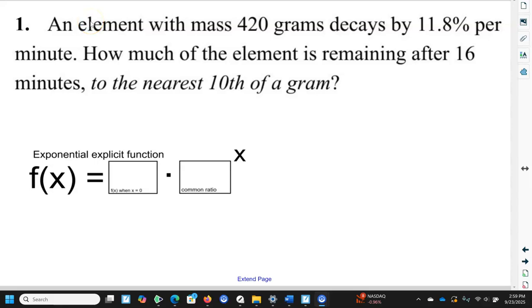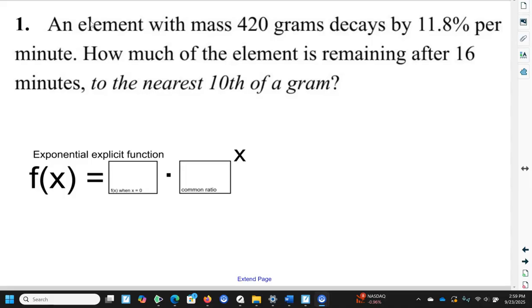Ware's videos. And today we're going to look at a lot of different problems relating to linear and exponential functions. We'll deal with some linear, we'll deal with some discrete and continuous, a lot of different things. It's going to be a two-part video. So let's just begin. On this first example here, we've got an element with mass of 420 grams that